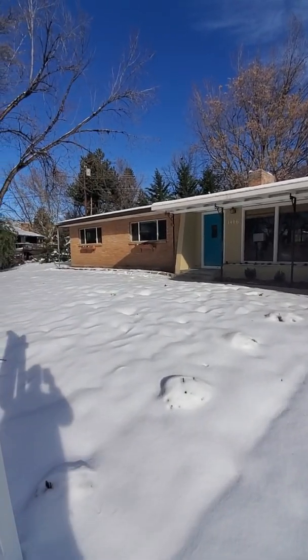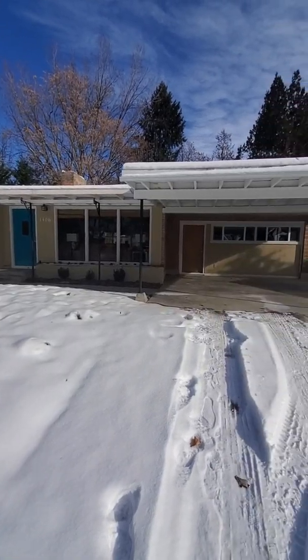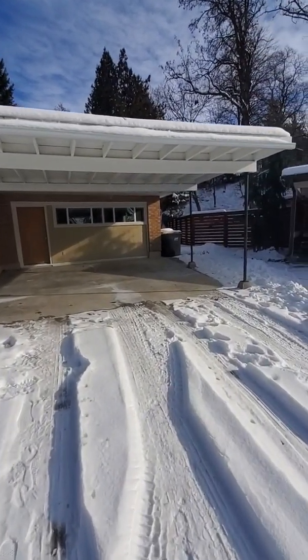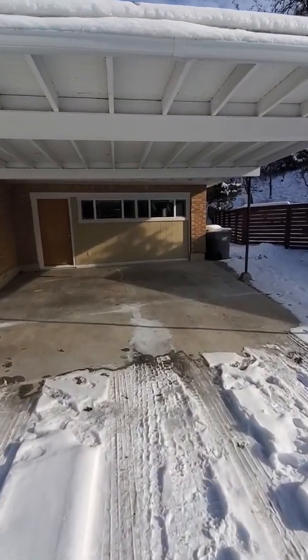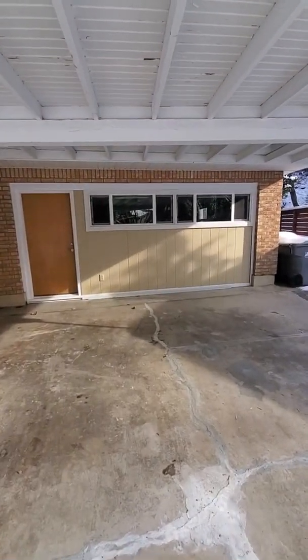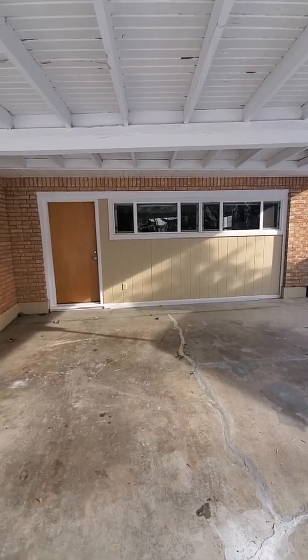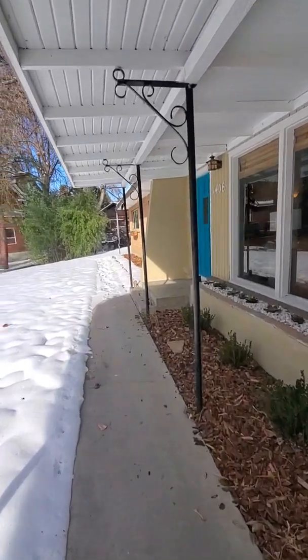Off to the left here, you've got brick, and then there's wood siding here, and then a little bit more brick, and a fairly flat roof on the front. There's a carport up front, big enough for 2 cars, and you'll see when we go inside, this is a converted garage in here, so there's a second living space in there, but I would imagine that at some point there was a double garage door right there. But as you walk into the house,